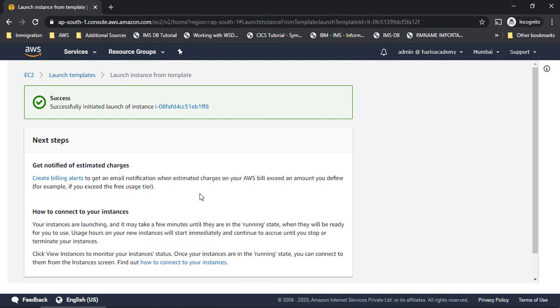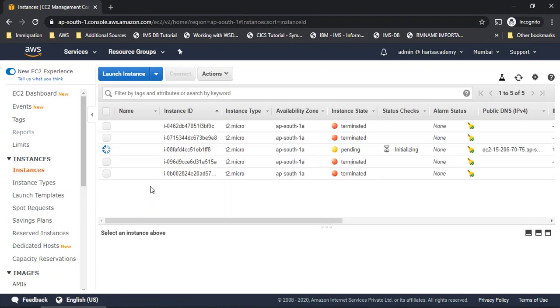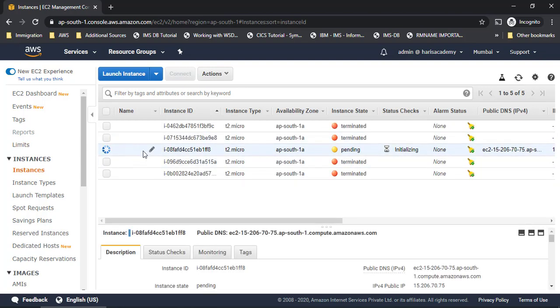So now I have created an EC2 instance. Let me go and see in EC2 whether my instance is running or not. I'll click on running instances, and it will take 1 or 2 minutes to get into running. Till then I'll change the name to old, because we are going to create an image out of this old one and then create a new EC2 instance out of it. Let's refresh it once again. Now you can see it is running. I'll give the name as old. Oh, I didn't save it, sorry, my bad.